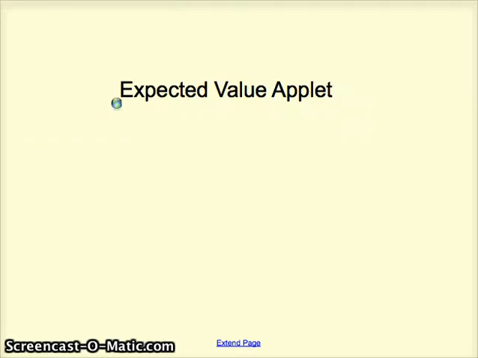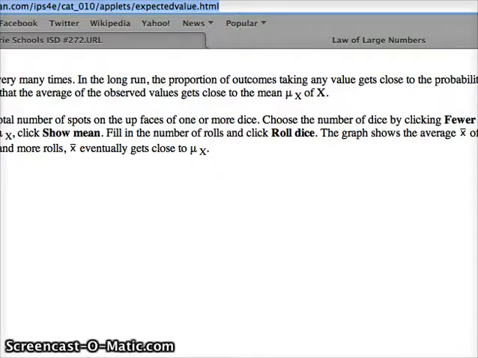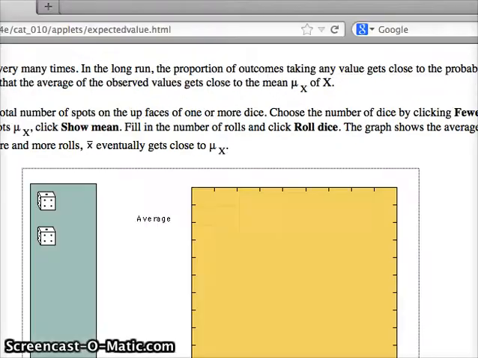Now, there's another idea here in this lesson that I want to hit quickly, which is the law of large numbers. Let me see if I can make this work properly here. I've got two dice here, and if I roll them, we did this a little bit with the casino problem in class, but if I roll these, I got a 5. So if I'd never seen dice before, I might say the expected value of 2 rolls of a die is 5. But if I roll them again, I get a 9, and now the average is 7,